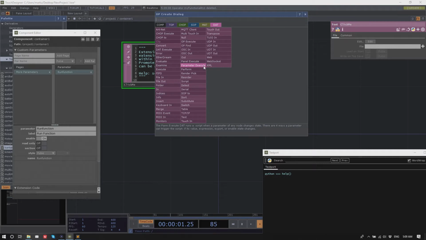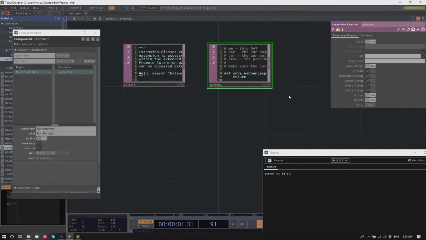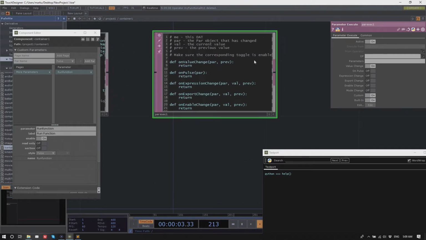There's Parameter Execute, and I think there's just an Execute as well. Yes. So all of these Executes, let's just put down a Parameter Execute. They are essentially a collection of callbacks that are executed depending on certain conditions.